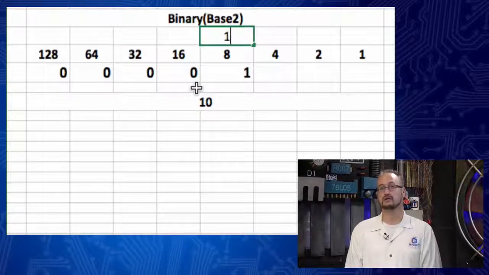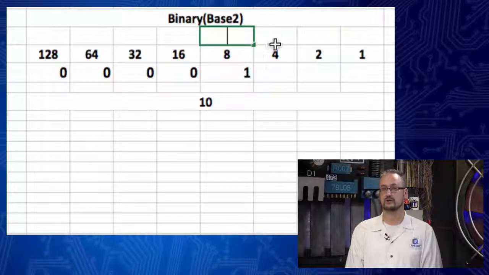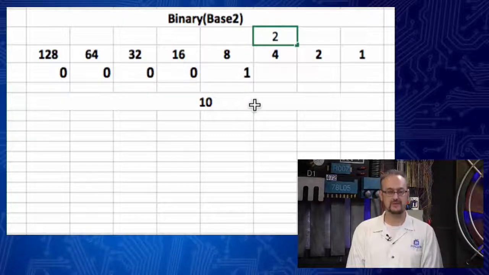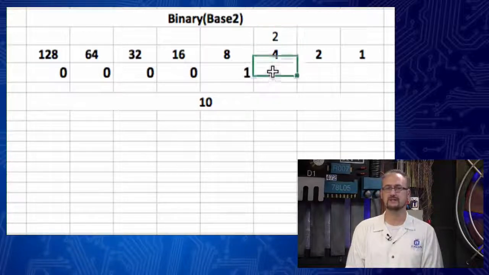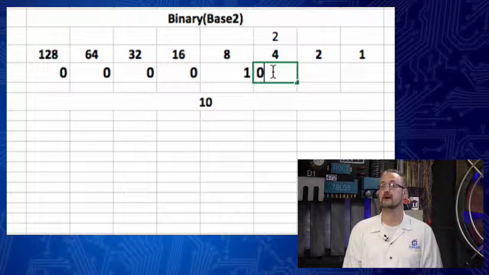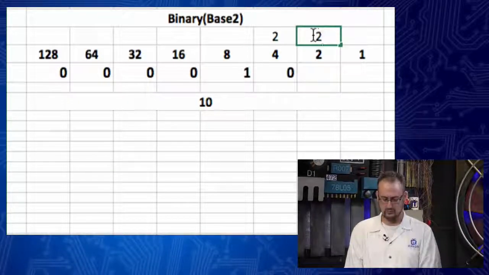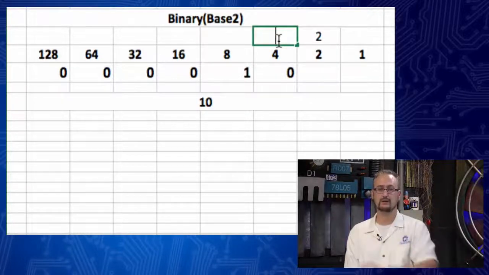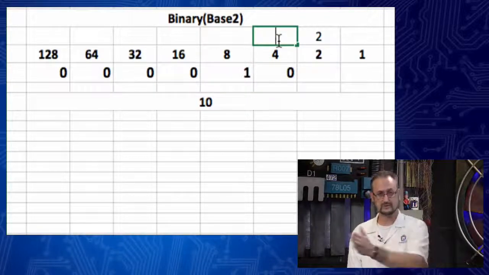So now we're going to take that remainder 2, and we're going to see, is it true or false that I can subtract 4 from my value 2? And the answer is false. So if it's false, we're not going to put the remainder like Dan said. We're going to put the binary value, and that's going to be 0. Then we're going to take that 2 over to this place value, moving each bit within the octet across to the right.